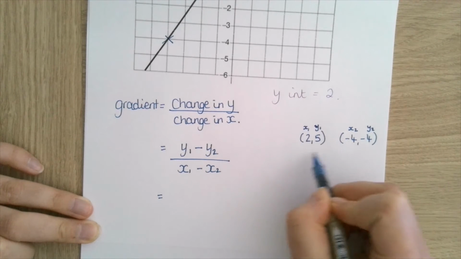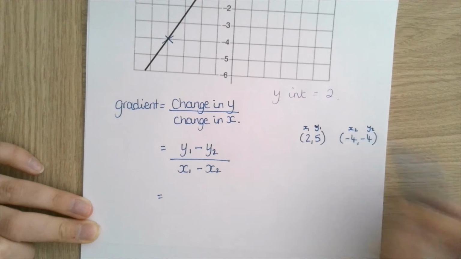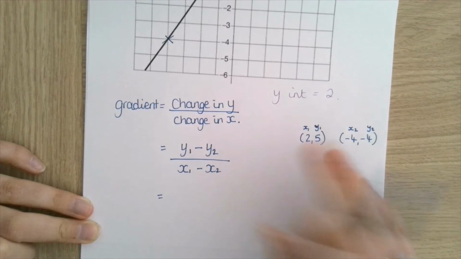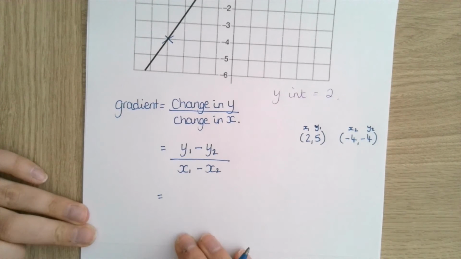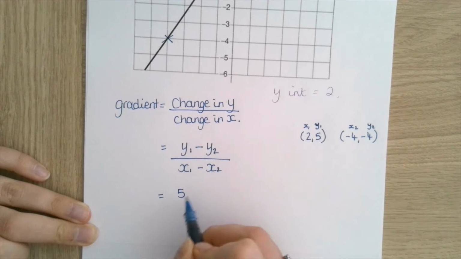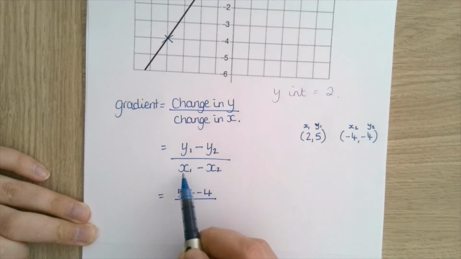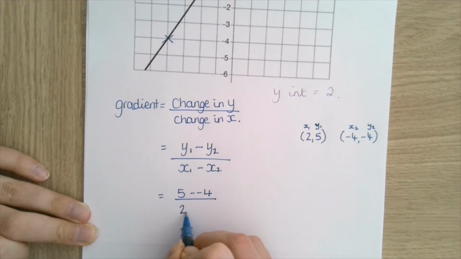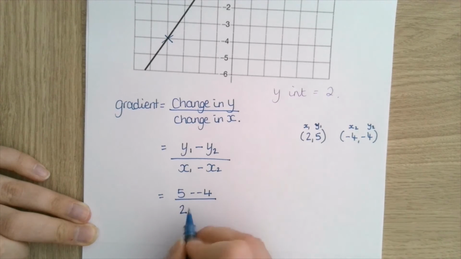This is my first coordinate, which is why it's x1 and y1. This is my second coordinate, so x2 and y2. It doesn't matter if they're the other way round, you will still get exactly the same answer in the end. So y1 is 5, minus y2, which is minus 4. So 5 take away negative 4, and then x1 is 2, and my x2 value is minus 4 again, so